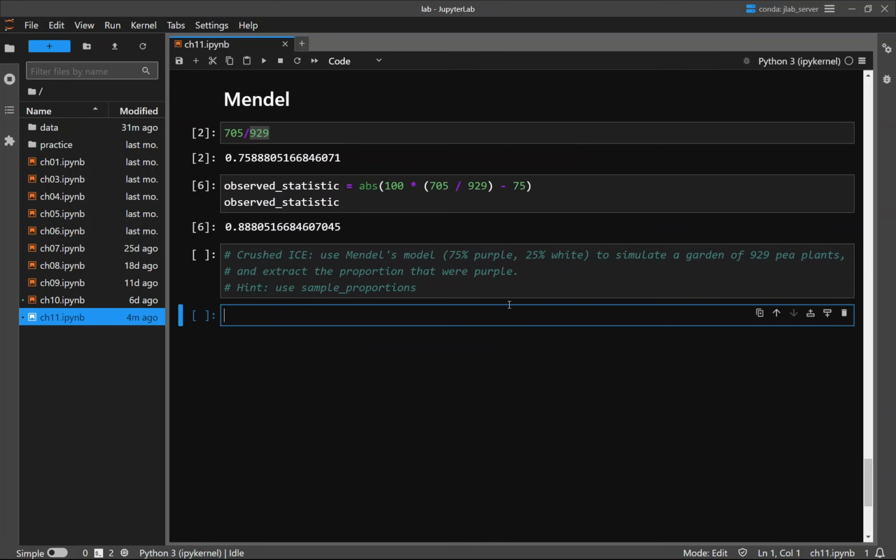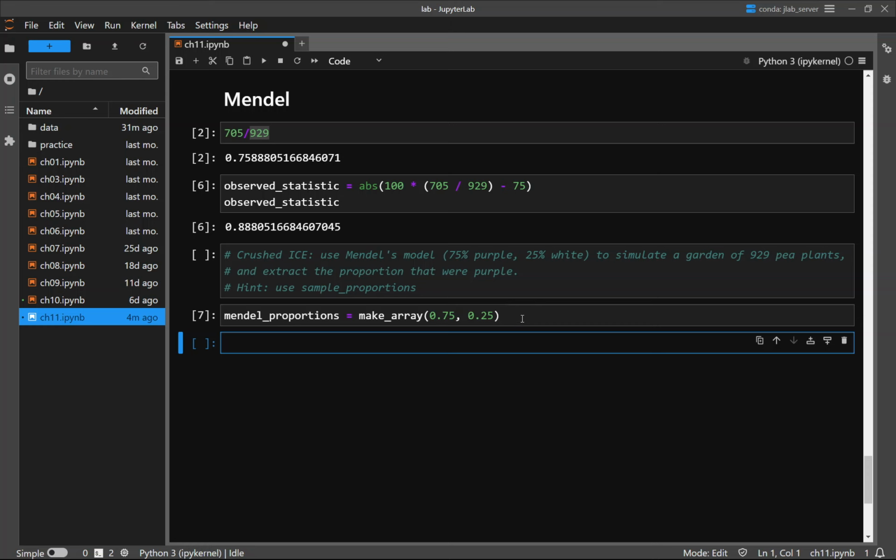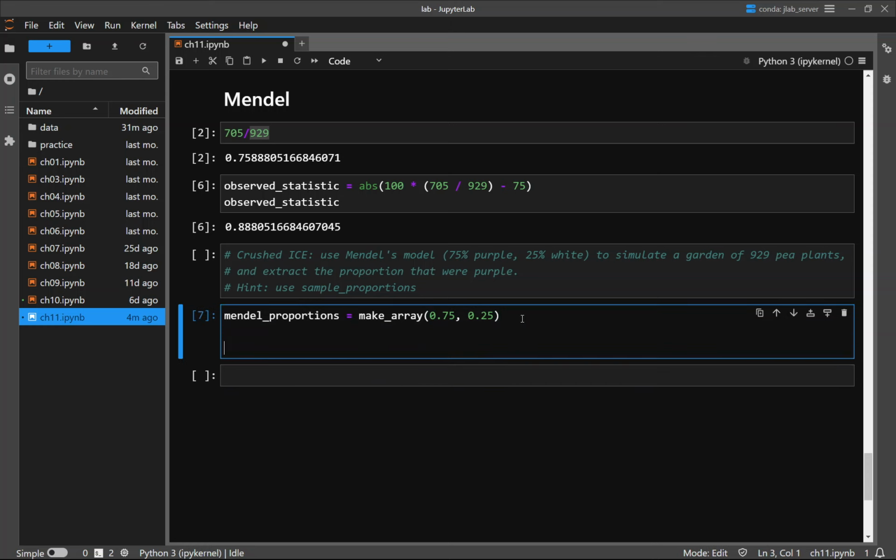So we've got, this is pretty much our proportions, right? This is our distribution according to the model. 75% purple, 25% white. It's going to look like this. It's like a make array of, let's do purple first. You can pick any order you want, purple first or white first, but I'll do purple first. And that will be our distribution, right? That's our Mendel model proportions. We'll say Mendel proportions. So that's what that is. And now I have it to use, and I can call sample proportions,